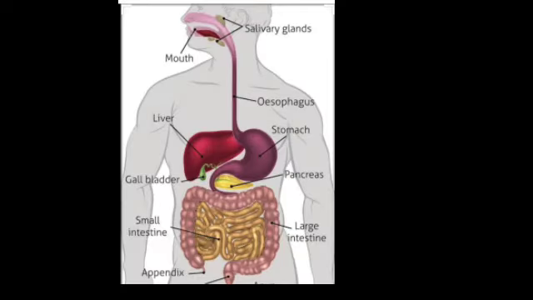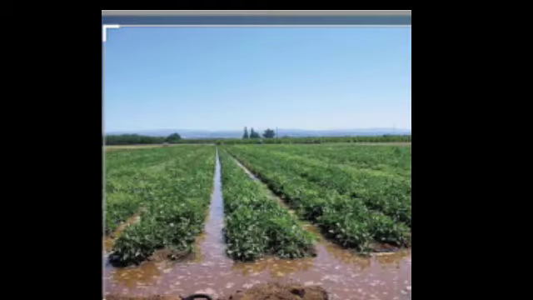We have learned different systems in our body. The digestive system and respiratory system together are doing the work. The digestive system is giving us the energy from the complex food and the respiratory system is giving the oxygen. Both are transported via blood throughout the body to each cell.